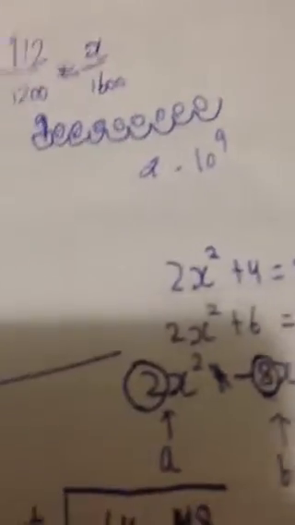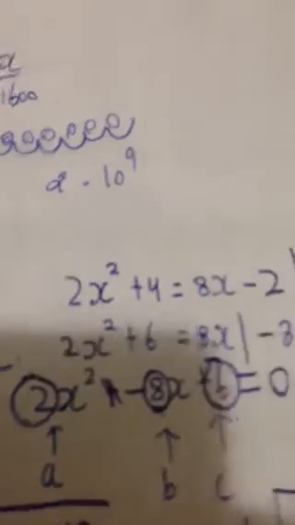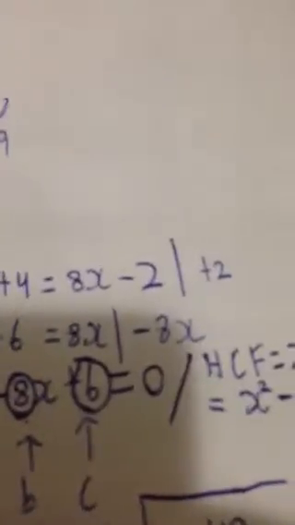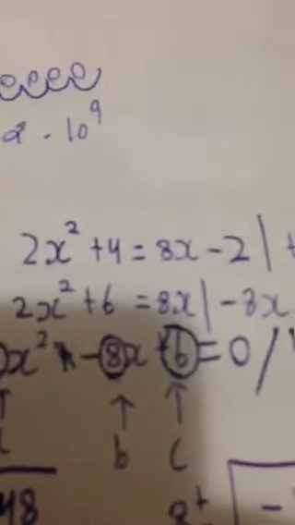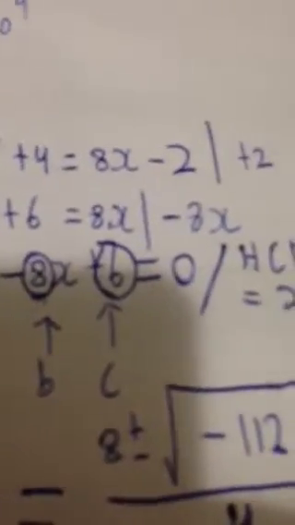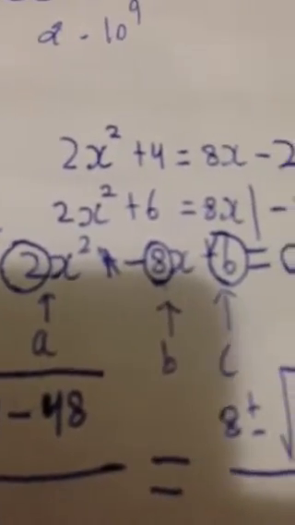Happy New Year's. Let's solve a quadratic equation. Alright, so say we had this equation: 2x squared plus 4 is equal to 8x minus 4. We move everything to one side as the first step, and we'd end up like this: 2x squared minus 8x